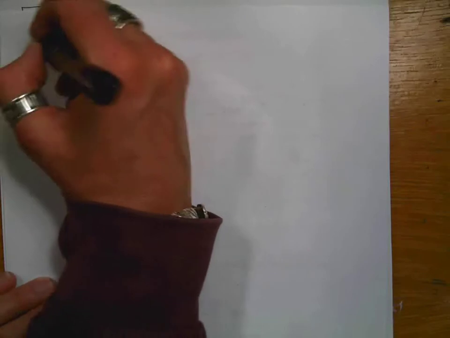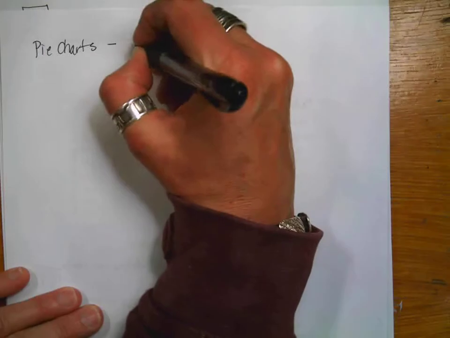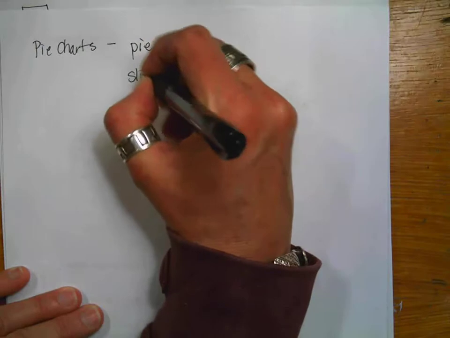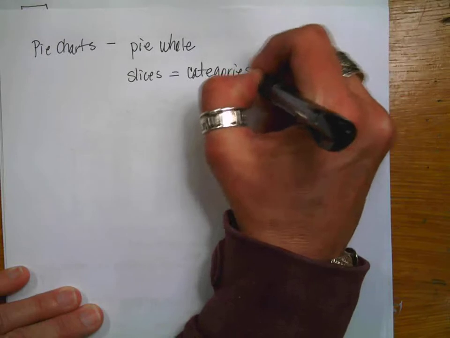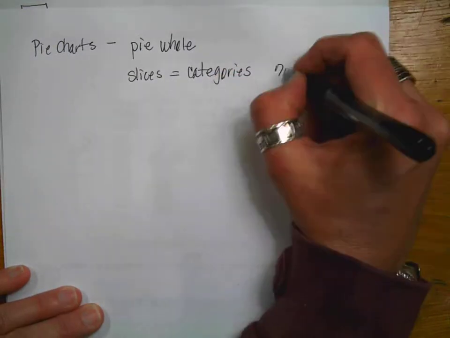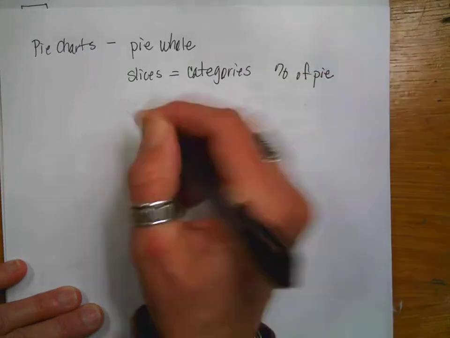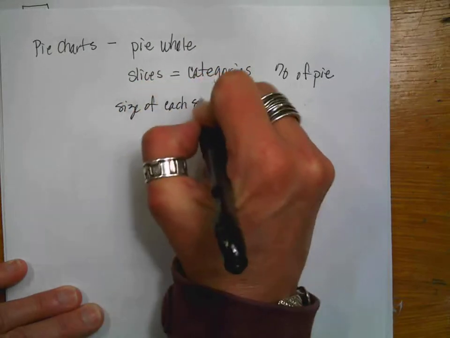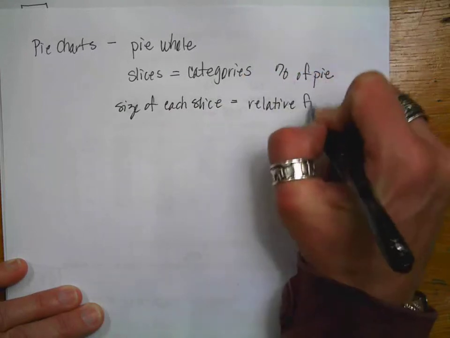All right, before I move on to the next type of graph, I think we're going to talk about a pie chart. And everybody's seen a pie chart. The pie is the whole, and then the slices are going to represent the different categories or whatever we have studied. And it is going to be a percent of the pie. Remember, the pie is the whole thing. And so the size of each slice is going to be the relative